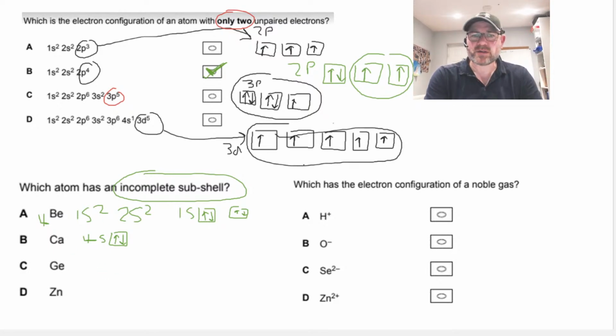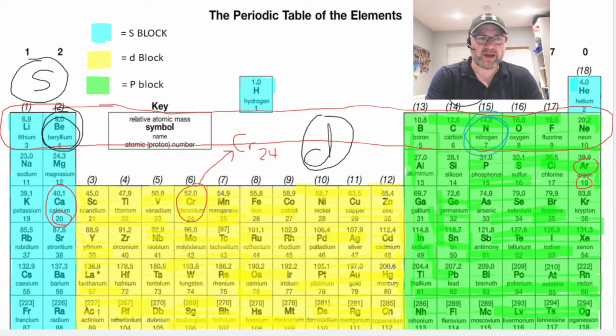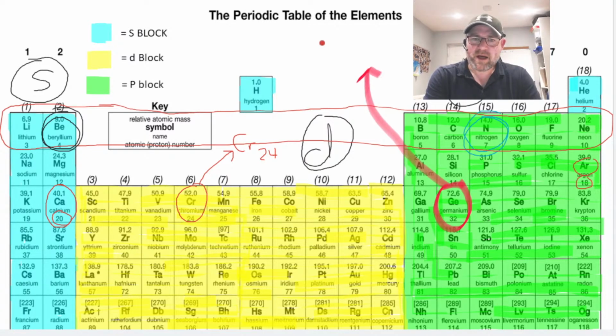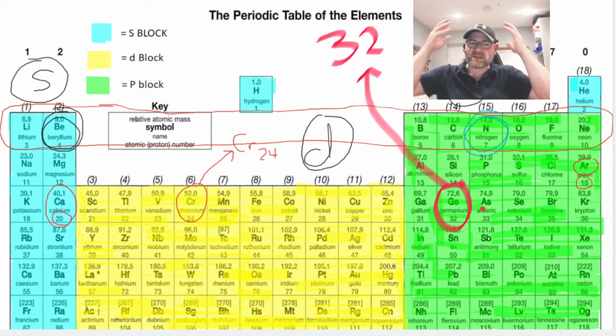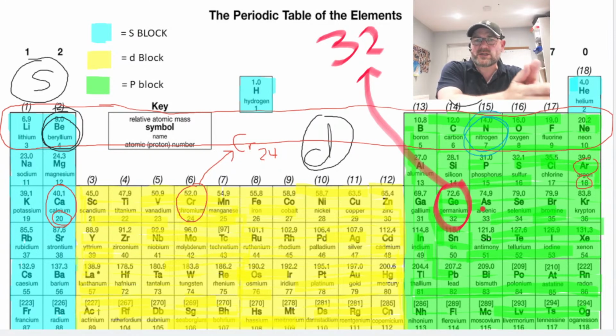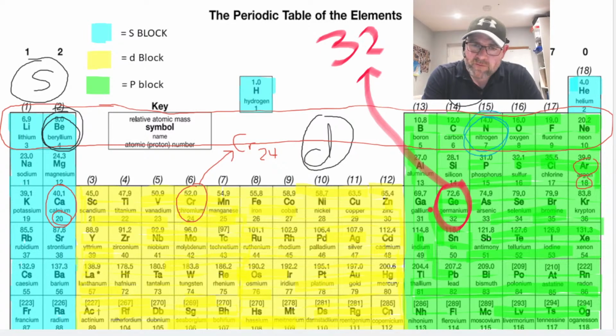Bit long. Let's go and see where germanium is in the periodic table, right? Because I want to do shorthand here. Let me show you how to do shorthand. I already did this earlier in the video. So germanium has 32 electrons. Instead of us writing that all out, that's crazy. We'd have to write 1s2, 2s2, 2p6. Long, right? We can follow it back to the closest noble gas, which is argon, and take that as 18 electrons. Argon has 18 electrons, and we can